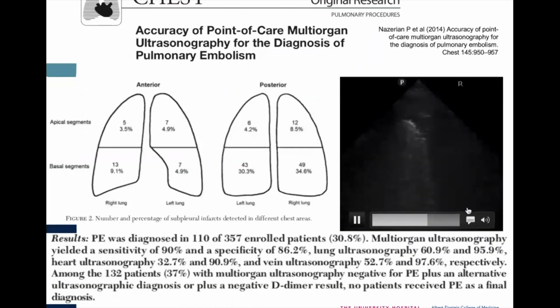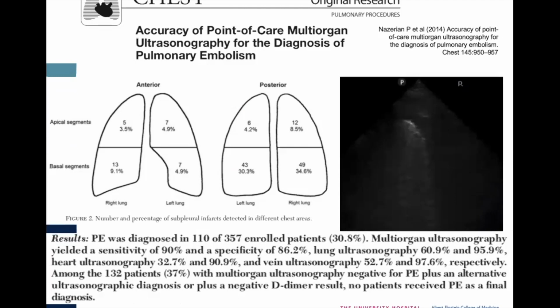Moving on to PE. So this was a prospective study of 357 patients with suspected PE. Suspected PE being defined as a Wells score of greater than 4 or a positive D-dimer. These patients underwent a multi-organ ultrasonography scan, which was considered diagnostic for PE if they identified subpleural consolidations like this as a pulmonary infarct,